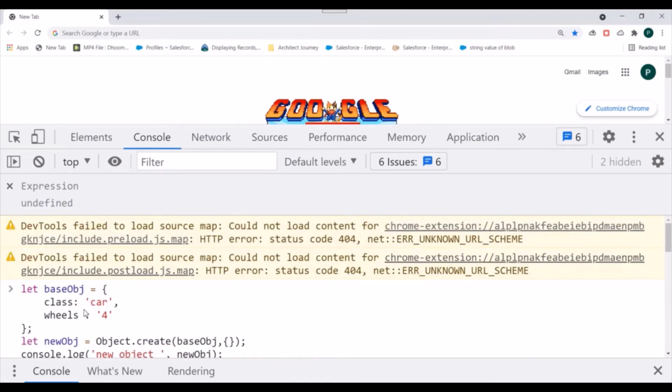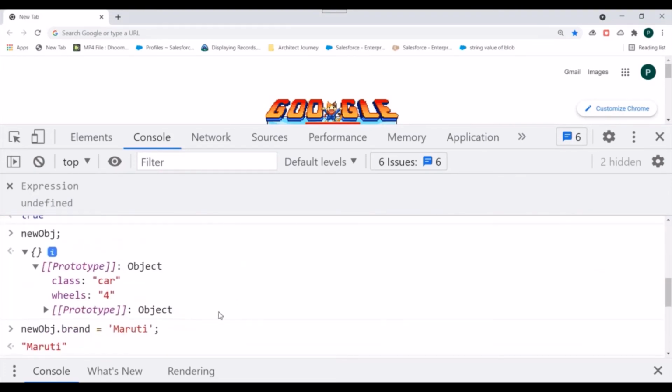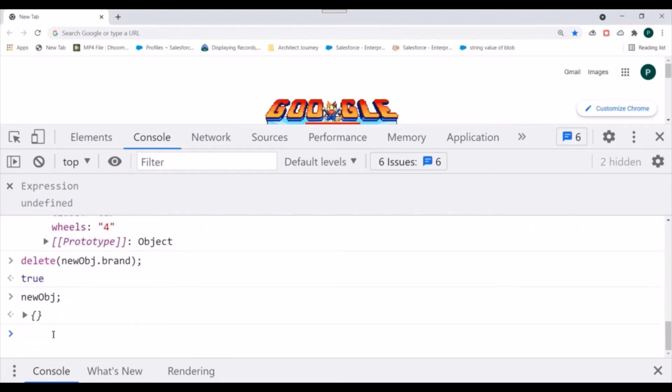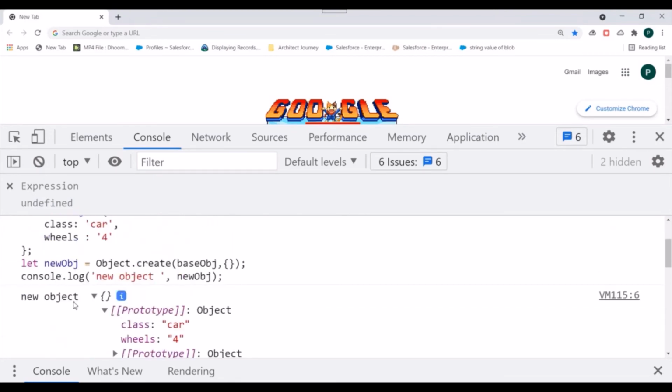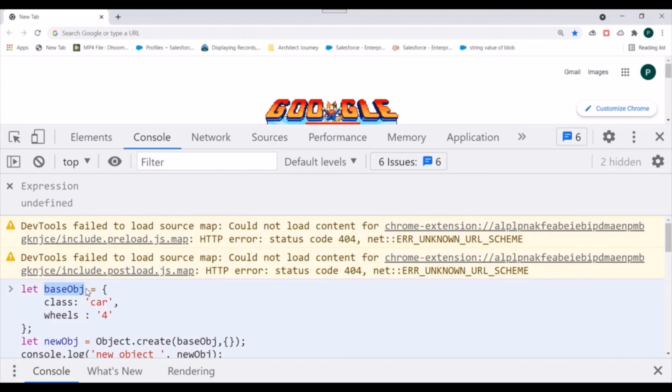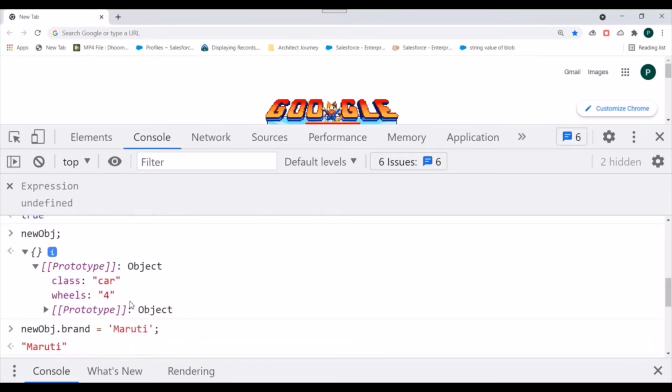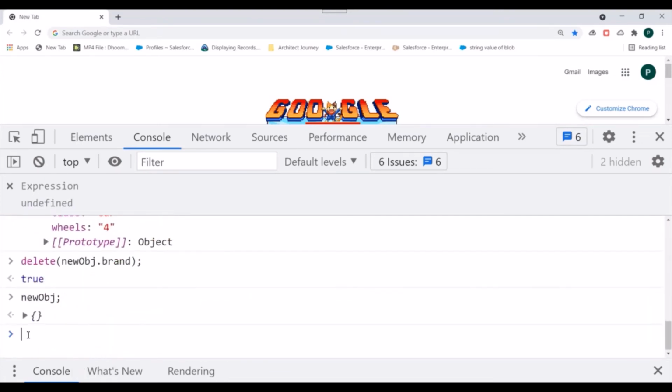And one more thing, if you wish to print the keys present in a particular object, let's consider the base object over here. If I wish to get the keys of this base object, I can get that using the Object.keys method.